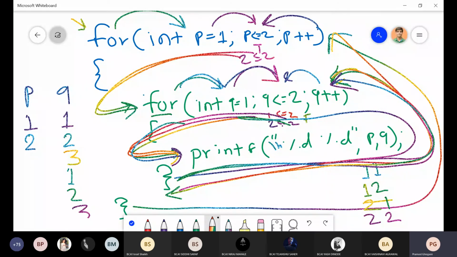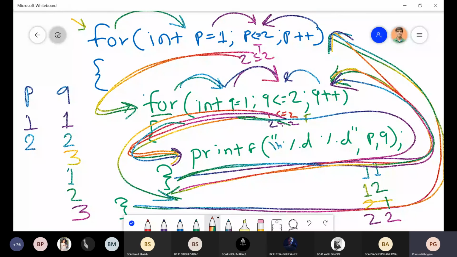The value of q became 3, the condition is false, so it will come to here. Now this is the last statement of the outer for loop, so it will come to the increment. Now this p is 3. Now it will come to the condition, 3 less than or equal to 2, the condition is false, so it will come to here. This is how we'll get the output as 1 1, 2 1, 2 2. So this is how nested loops actually execute.